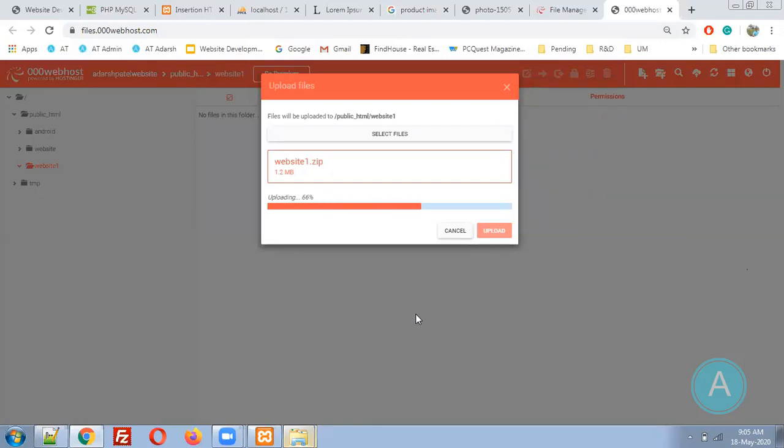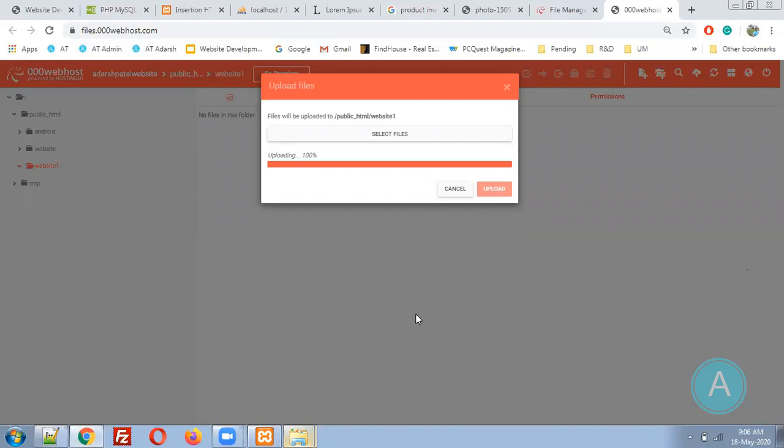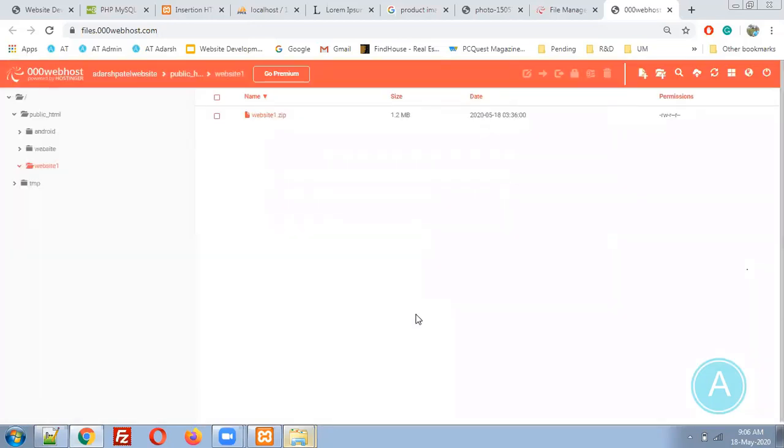Remember, there are two things you need to do. One thing is uploading your website. Another thing, you need to upload your database also, because we are having a database. If it is a static website, at once you can do everything. But in a dynamic website, you need to do both the things.